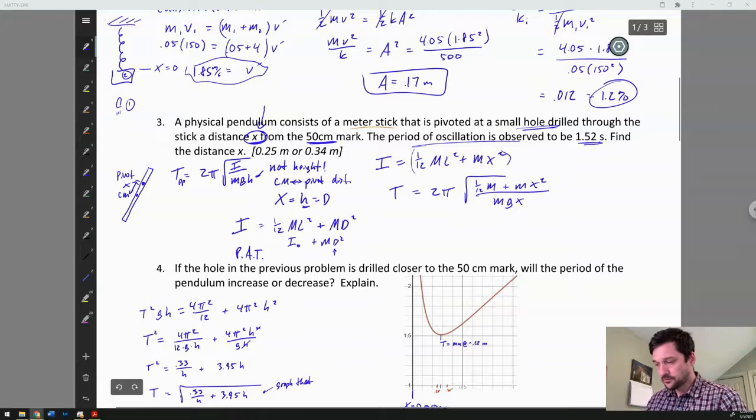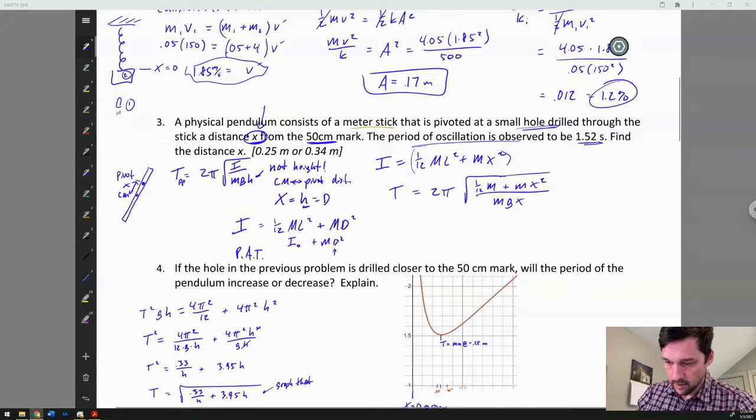All right, so basically the key variable, the key question in this, is all about x. That's our starting point, and now we have to figure out what to do from here. Well, we are told the period, we're given that, and